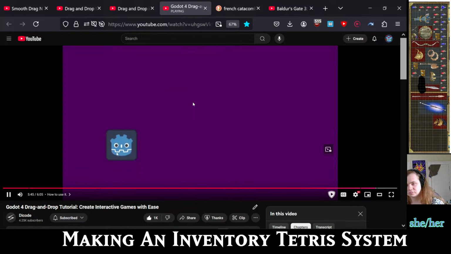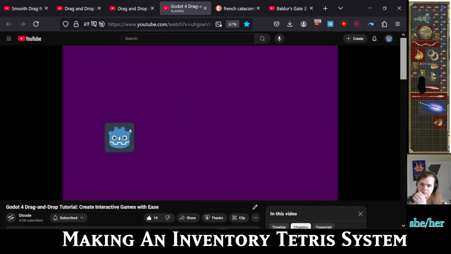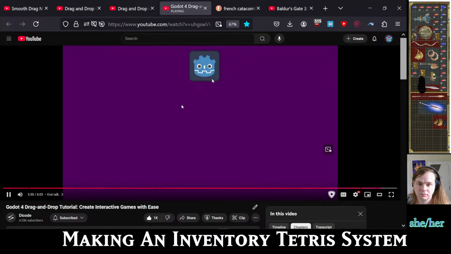Complex game mechanics such as an inventory system or interactive puzzles. I hope you found this tutorial helpful, and if you did,